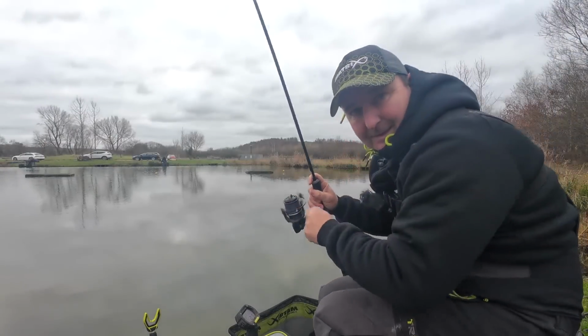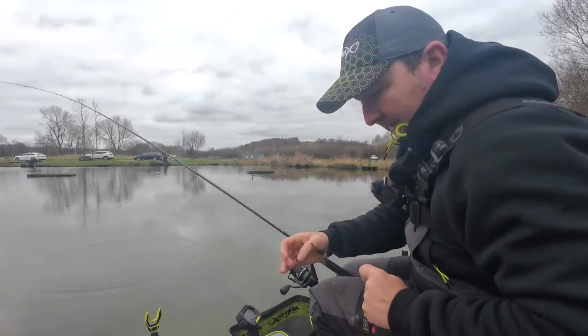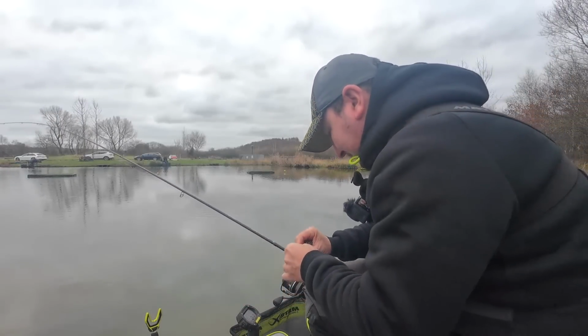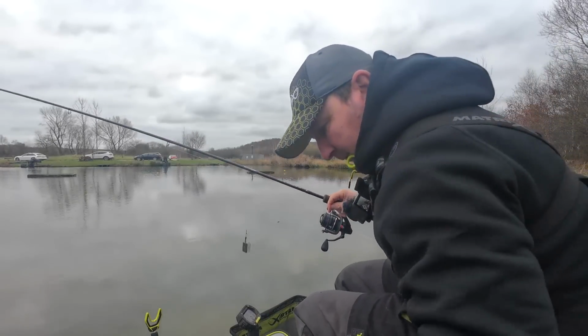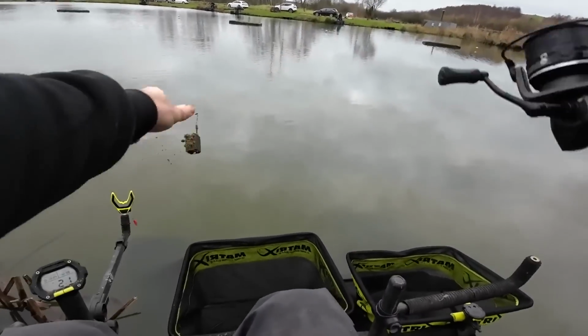Getting tiny little indications on this, but there are some small fish there. They're just definitely not worth the investment in the time that it's taking to catch them. So I'm going to come off this. I'm going to feed it, and keep it alive. You never know, I might need it at some stage to go back on it. I'm just going to put some more dead maggots on it, just feed it,